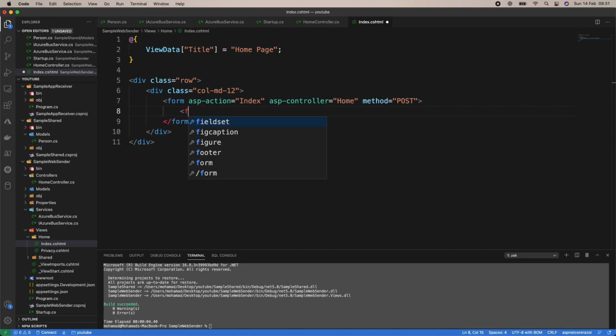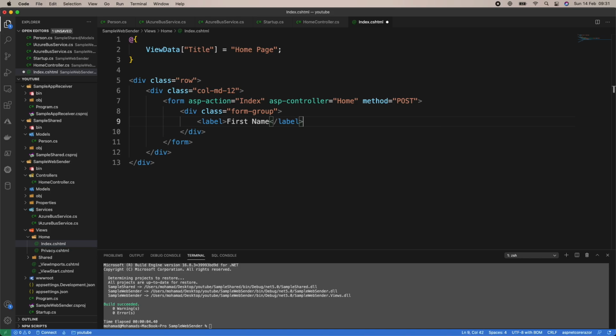First, it's going to be form group. So it's going to be div class form-group, and we're going to have a label which is going to be the first name, and then we're going to have an input of type text, or we can just make asp-for